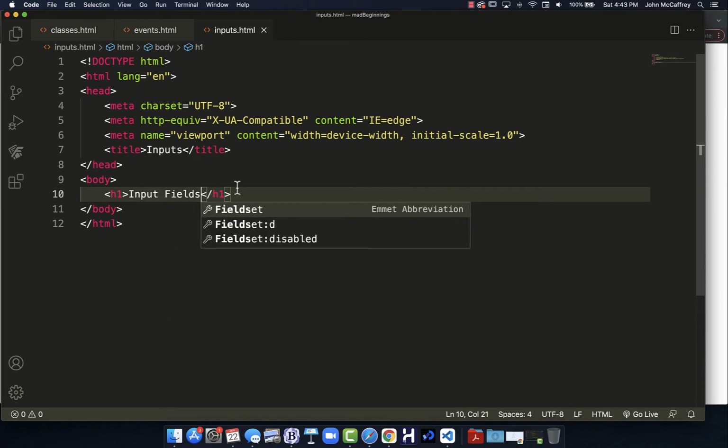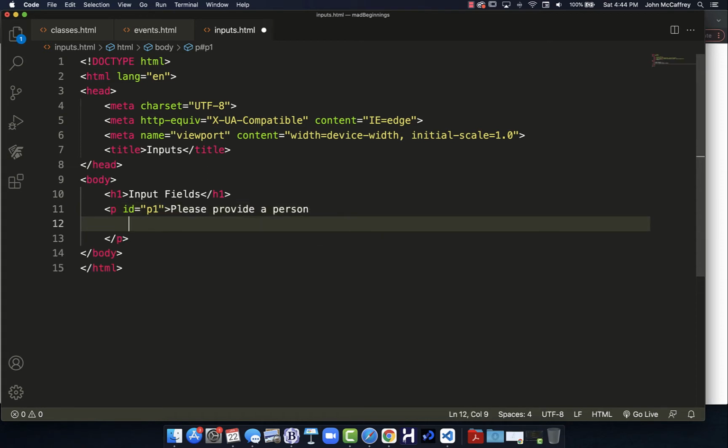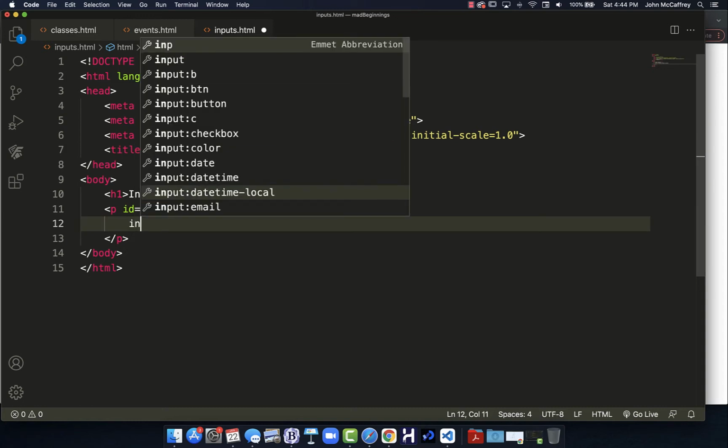So getting a basic document started here, I use the HTML5 template. Now what I'm going to do is have a paragraph. In that paragraph, we will give it an ID of P1 and then the text for this. We're going to ask for a person, and then we're going to, in this paragraph, because this allows us to